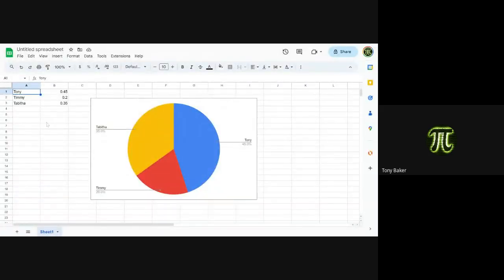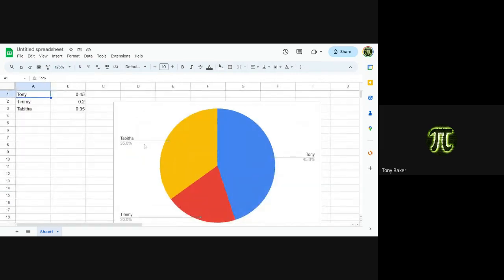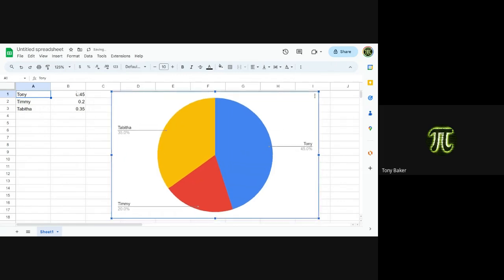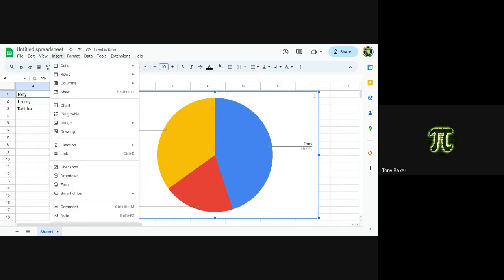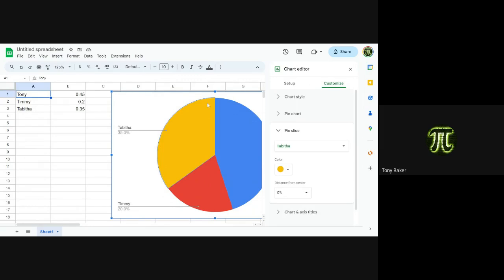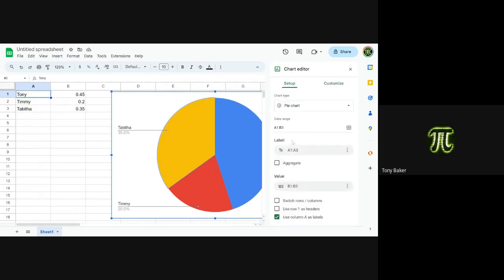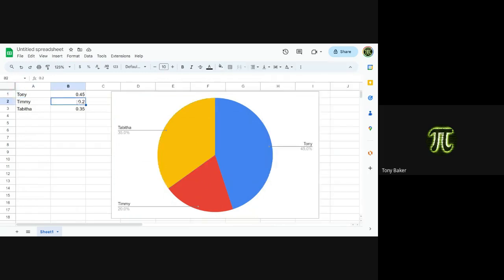So all you need to do to make a chart in, say, Google Sheets is just put your data there and say insert chart. And for a pie chart, just tell it with the information you have in it, and it'll make you a nice little pie chart. And the nice thing is, if I was to change this,